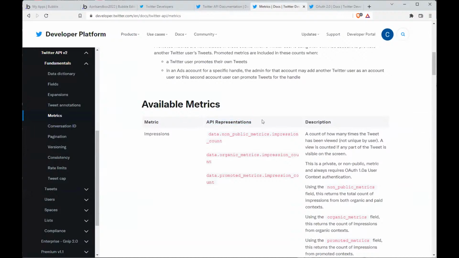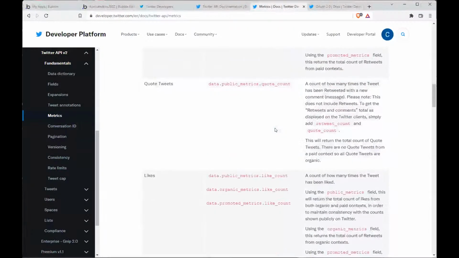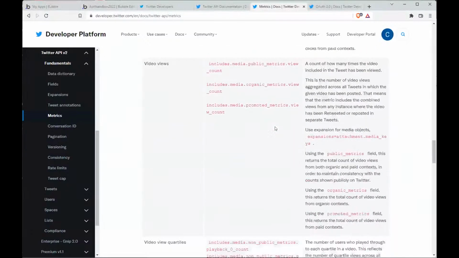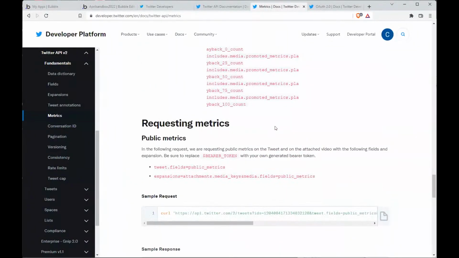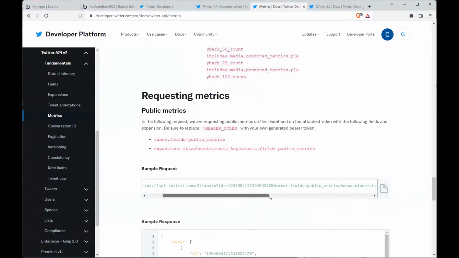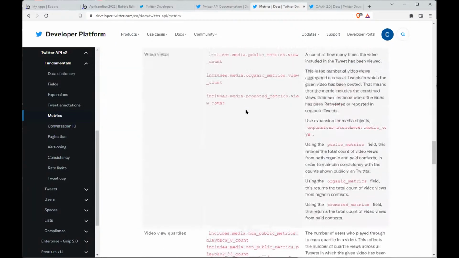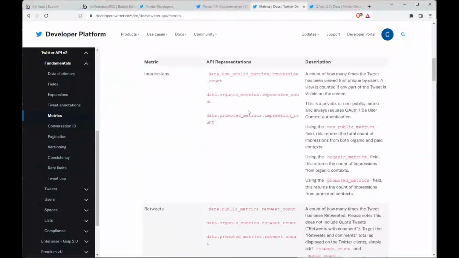So the API representations, data, non-public metrics, impressions, count. Okay. Looks like a lot of, let's see, how do they do it? So what you can see here in the sample request is that they're calling their API endpoint, api.twitter.com, and then they're finding the tweet ID. And then what they're also doing is they're finding the tweet.fields, which I think is somewhere,